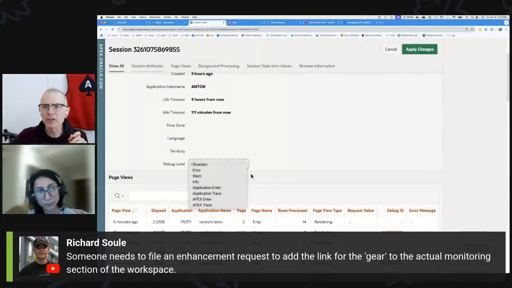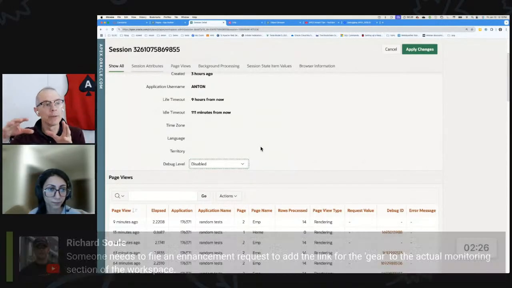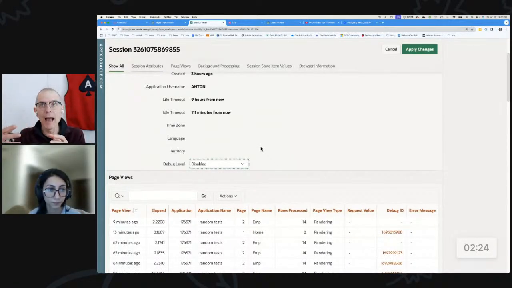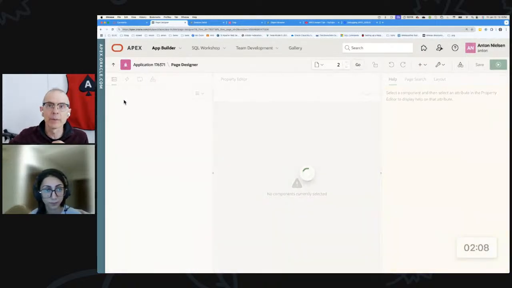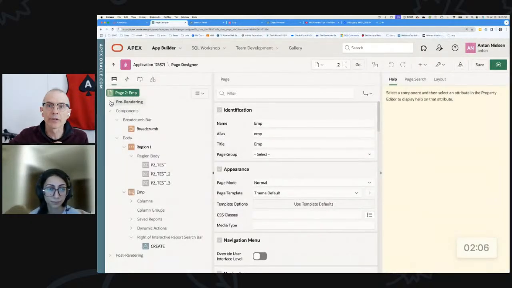So there are different quirks there. The other thing I'll say is if you have a builder session like I do right now, and you log a warning, even if you're not in debug mode, warnings will show up. I'm not in debug mode right now. If I come to this page and I use apex debug.warning,